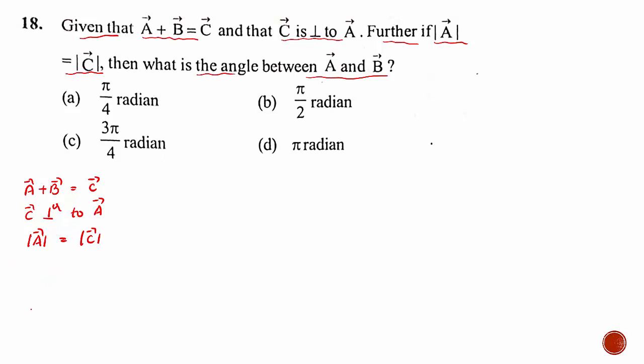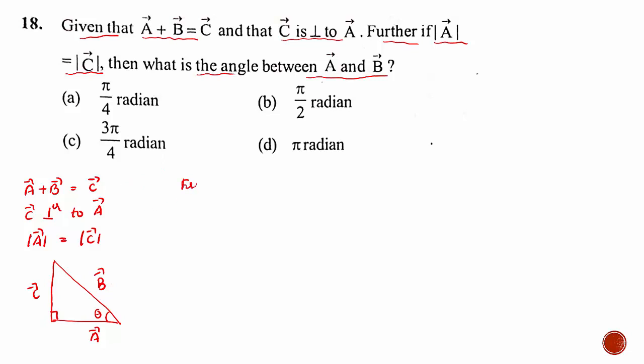See here, if two vectors are given, I can write vector A plus vector B equal to what? Vector C. But vector C is perpendicular to A. If this is vector A, so this should be perpendicular to what? Vector A. This line, I can take it as vector C because here it is given C is perpendicular to A. Remaining is what? The last vector, that is B vector. Right? This is 90 degree and angle between two vectors we can take it as theta. Yes. Now I can write A plus B equal to C.